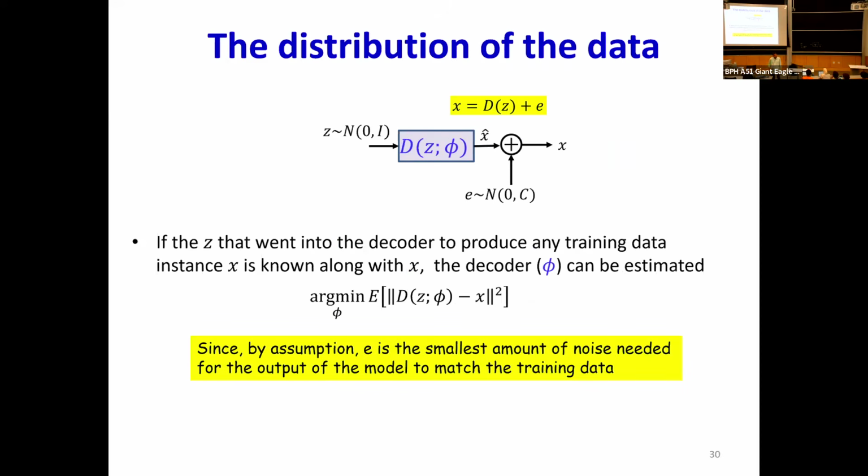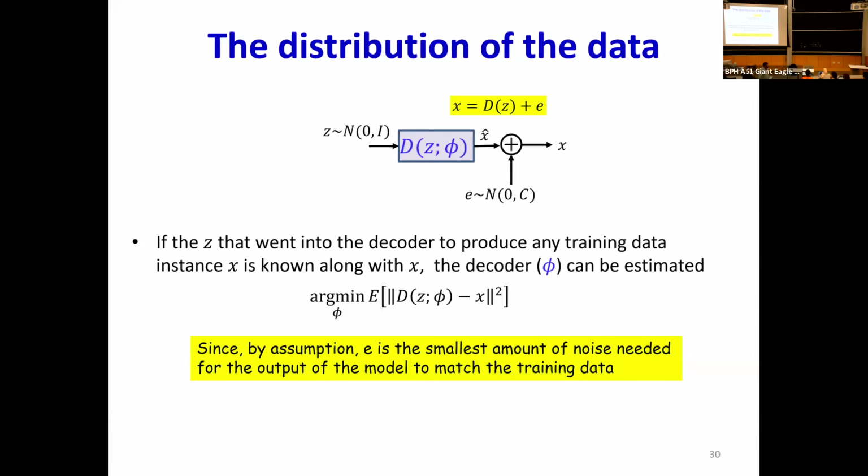Now we want to train the model. How do I train the model? Now this becomes a standard regression problem. In any regression problem, you're going to assume that there's some residual noise and it's Gaussian, right? And the reason you assume it's Gaussian is that's when most of the structure is pushed into the model. So we know how to train regression models. For regression models, I know the input that goes in, I know the output, X, and I train the model to minimize the error that you get when the input Z is pushed through the model to compute an output. That's your standard regression model, right?